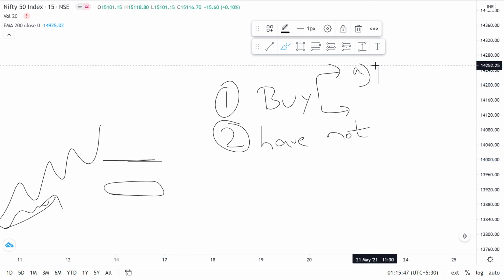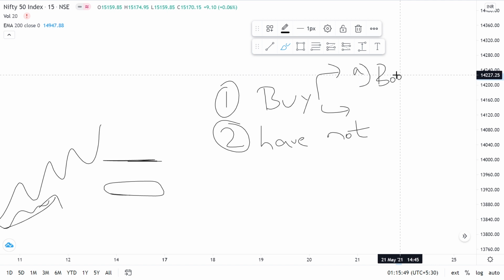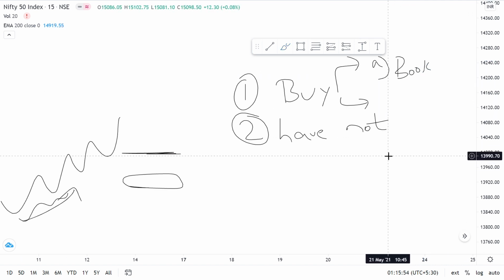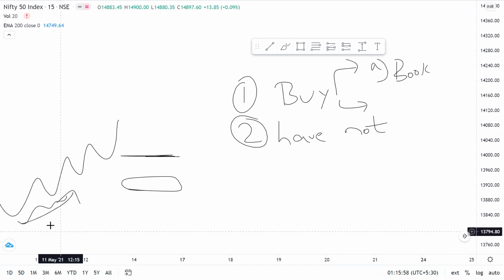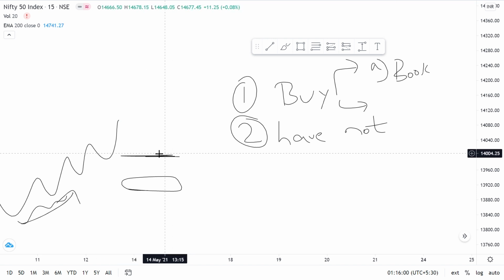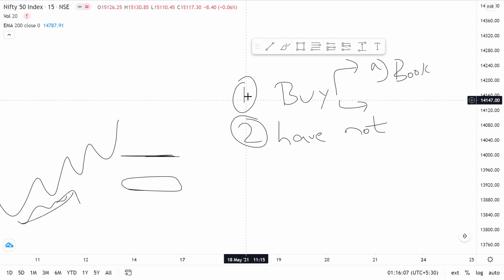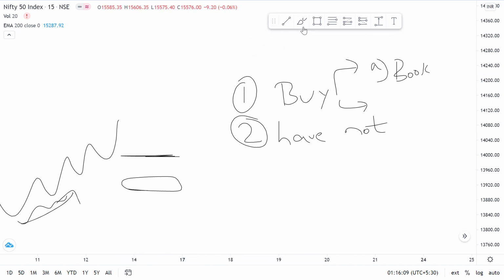This guy books his profit immediately, because he doesn't want to go into further losses, or he doesn't want to shrink his profits further, and he doesn't want to risk it. Suppose he entered somewhere here, even though his account was showing bigger profits the previous day, he'll be willing to book off to avoid the risk of markets falling further.